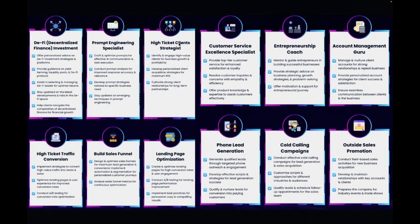But you want to get more high ticket clients and have the strategy for that. You want to have high ticket traffic conversions. If you want to build a proper sales funnel, or you don't know which funnel you need for what occasion, Black Friday is coming up, how is your funnel going to look? If you need phone leads, like I said, if I go off this webinar, I have 100 new phone leads ready to get dialed. If I need cold calling campaigns, if I need to manage accounts, if I need an overall entrepreneurship coach,